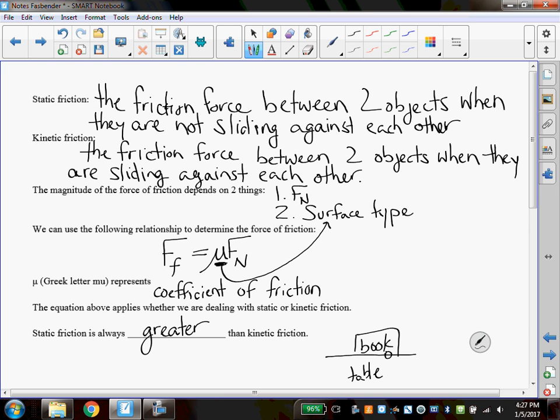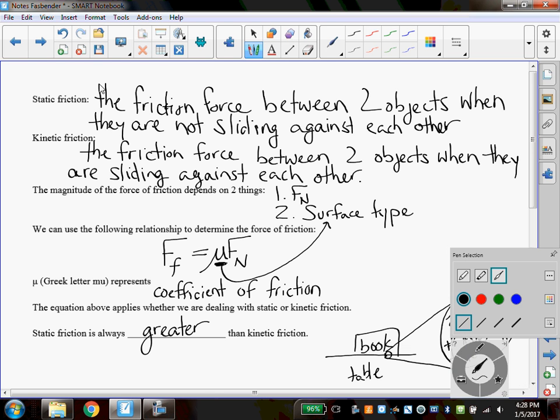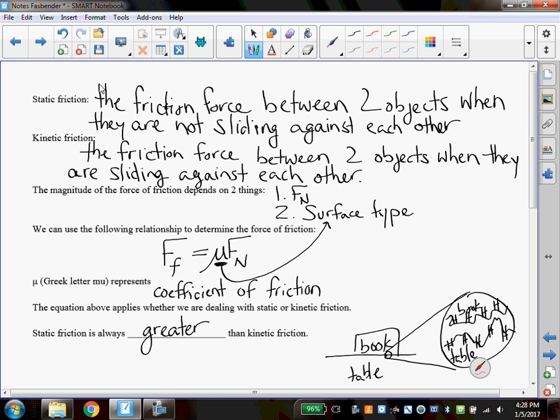And if you go into the bonds, right, so if we zoom in right here, and we take a zoomed in look at the book and the table, well, the book and the table suddenly are not very smooth anymore. They have all these weird peaks and valleys and all that stuff. But most things are made up of the atom hydrogen. And when hydrogens hang out with other hydrogens, you may remember from chemistry class that they end up bonding. So these hydrogens are all going to bond together,